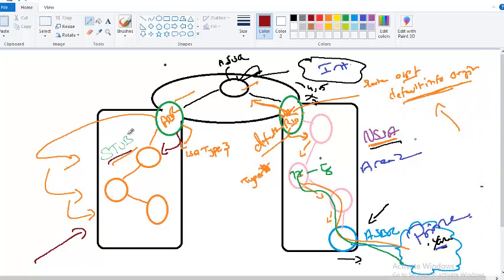So the default information originate is not the default route that we used to receive as type 3. Okay, it is